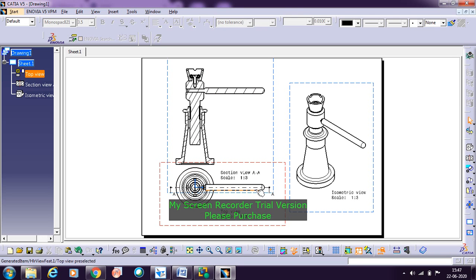In that case, you need to draw the section line from here, and then move to the second point. You need to click for the second point here, move it outside, click for the third point, and then click here for the fourth point. If you double click it here, you'll be getting the right half section, only for the right portion. In this way, you need to go with the assembly for the screw jack.